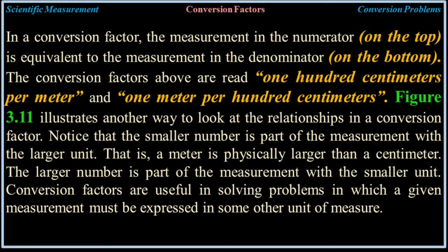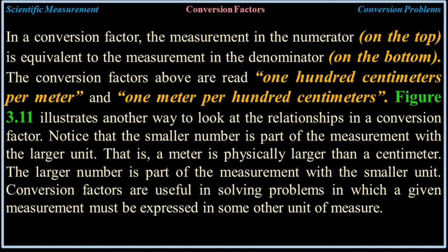That's a better mathematical way of putting it. In a conversion factor, the measurement in the numerator on the top is equivalent to the measurement in the denominator, or on the bottom. The conversion factor above is read 100 centimeters per meter and 1 meter per 100 centimeters. Figure 3.11 illustrates another way to look at the relationships in a conversion factor. Notice that the smaller number is part of the measurement with the larger unit. That is, a meter is physically larger than a centimeter. The larger number is part of the measurement